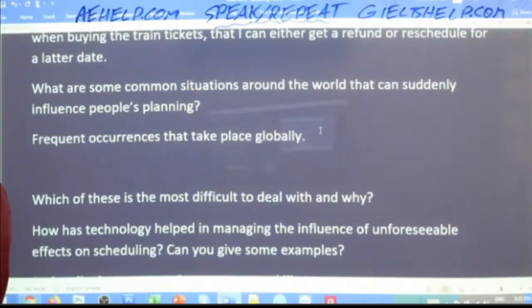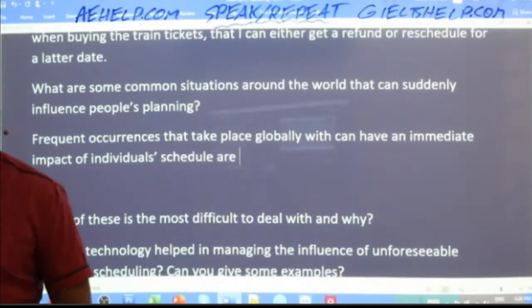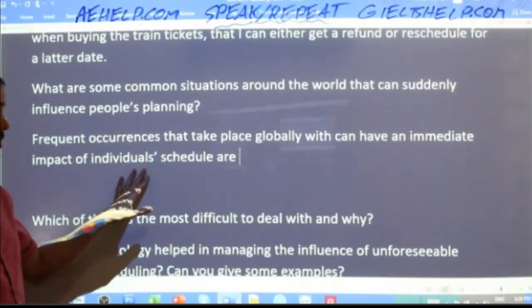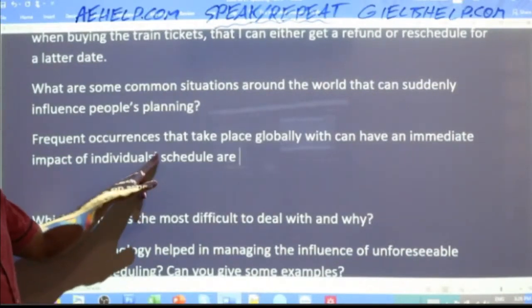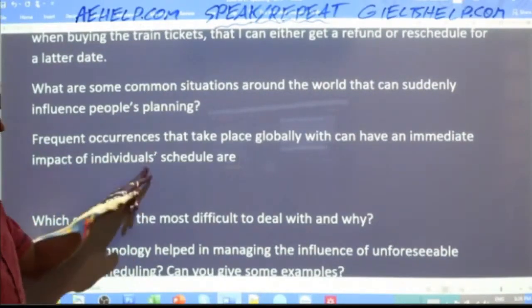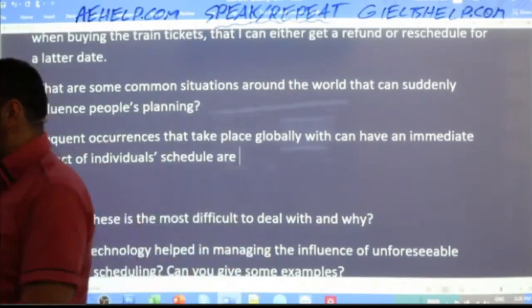Okay, so frequent occurrences that take place globally, which can have an immediate impact on individuals' schedule. Notice this interesting use of individual. Even though individual means one person, English is kind of crazy. You can put an S on it, and then you can put the apostrophe after the S, which means many individuals. So individuals' schedules are